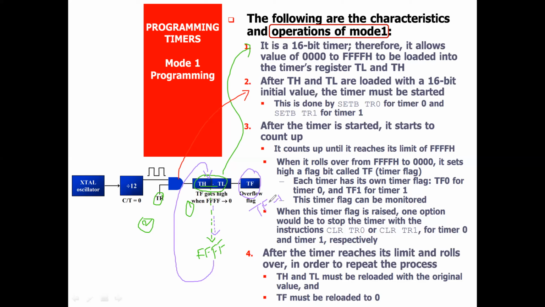Whichever timer you are going to use, if it is 0, in all places you should use 0. This you should know. This is your third step. Once the flag is set, you can stop your program. Once again, in the second step, the TR0 bit is set to 0 so that the timer will stop.